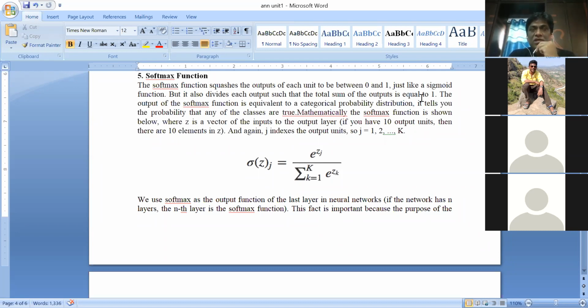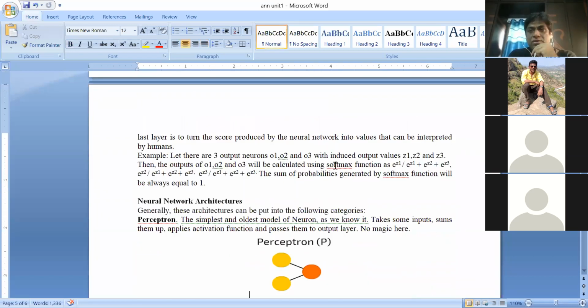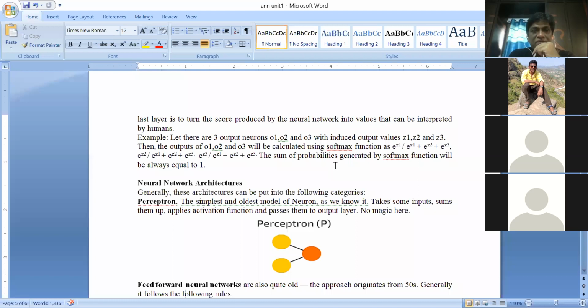That means if the output produced is 1 and there are 4 neurons in a particular output layer, then the output will be 0.25, 0.25, 0.25, 0.25, or it will be spread such that if you sum up all the outputs of activation functions in a particular layer, the total must be equal to 1. That is the additional restriction in the softmax activation function, and this is the formula we make use of. We have solved this with an example in our lecture notes. You can go through that class notebook to understand how it works.